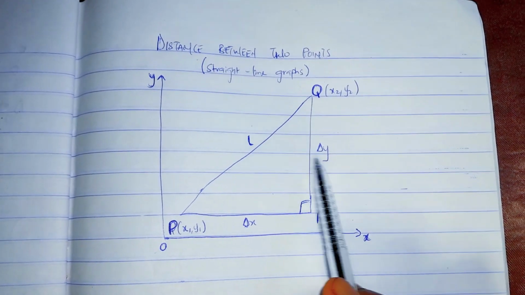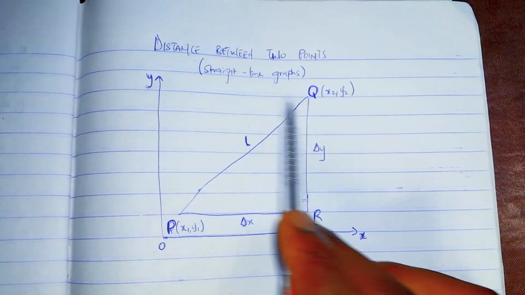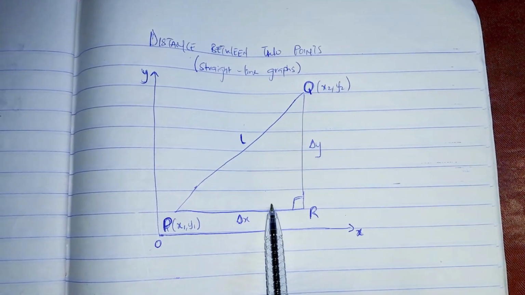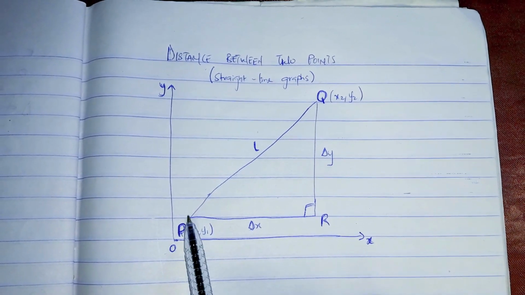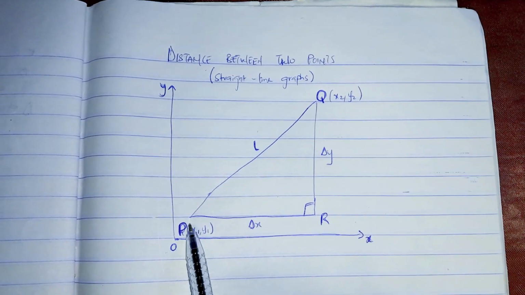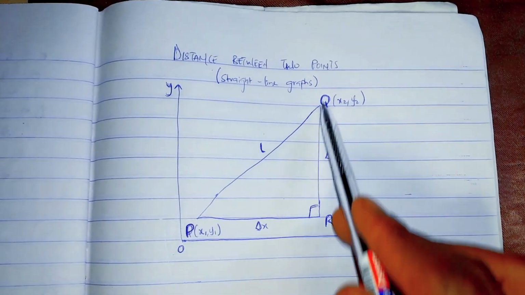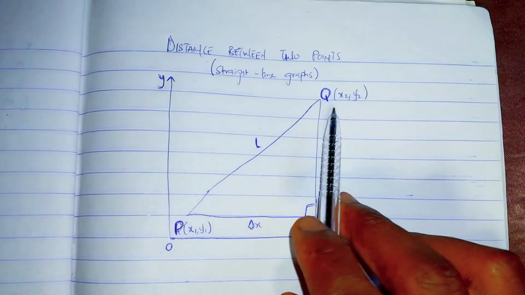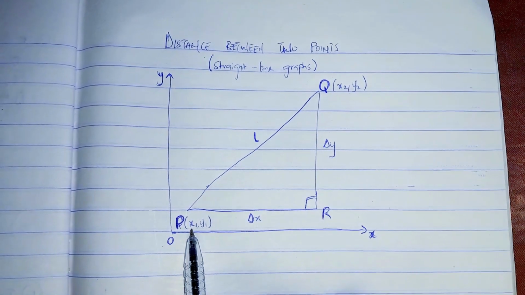Now, why change in y? Because this is y, and I'm looking at the distance between, or the difference between, y2 and y1. So this is change in x because I'm looking at the distance between x2 and x1. So this distance is why it's change in x, and this distance is why it's change in y. As simple as that. Now, if this point Q is x2, y2, and this is x1, y1,